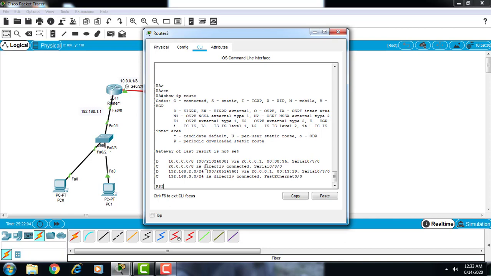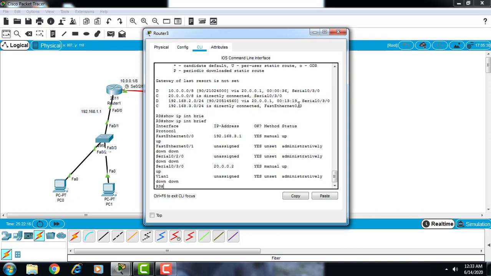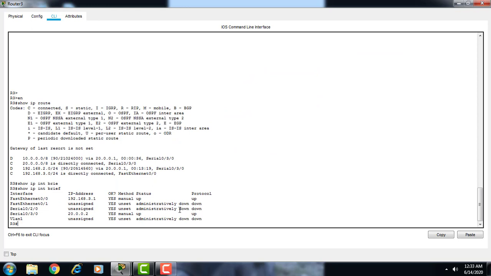And here you can also see the protocol is up, but it cannot communicate, because we have not configured PPP on router 3.